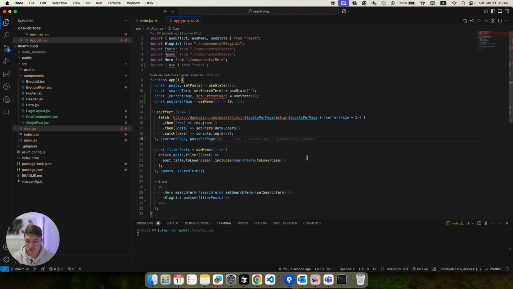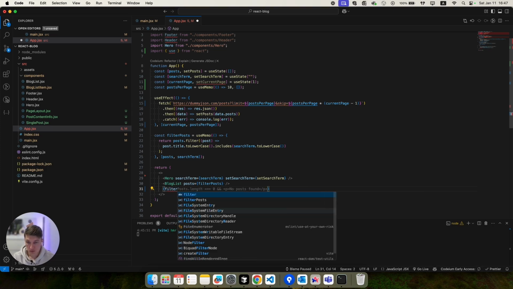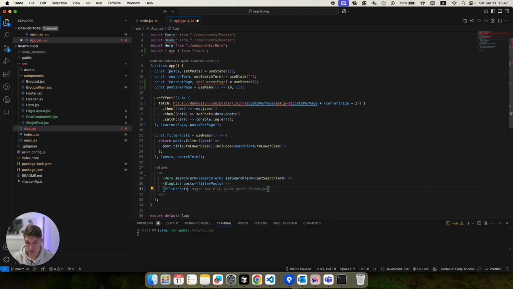Now let's render the pagination buttons. So after our block list, I will add the component with the buttons, but we will render those buttons only if we have posts on the page. So we need to add filtered posts.